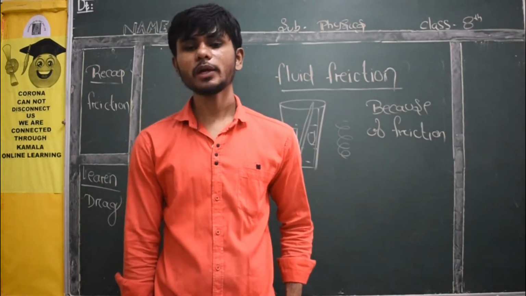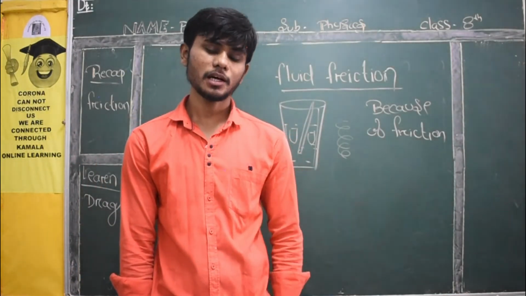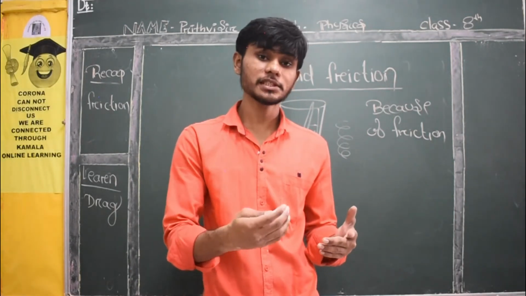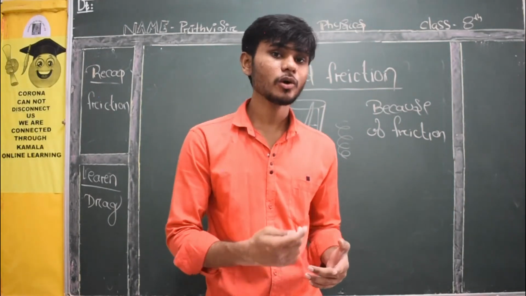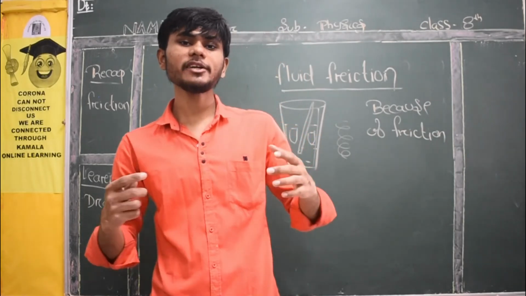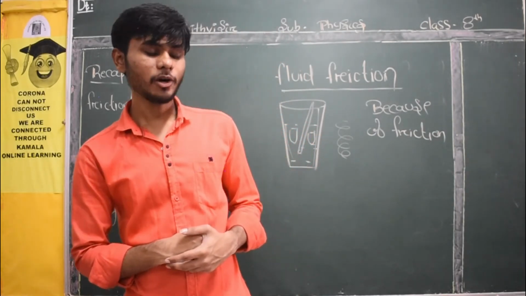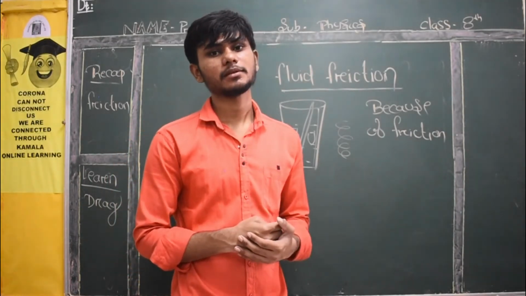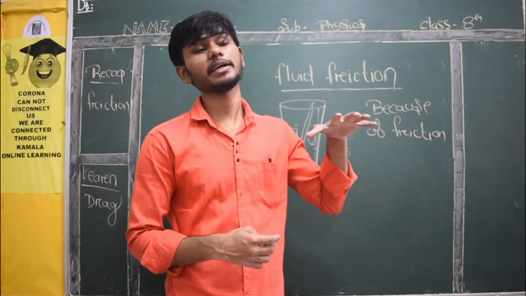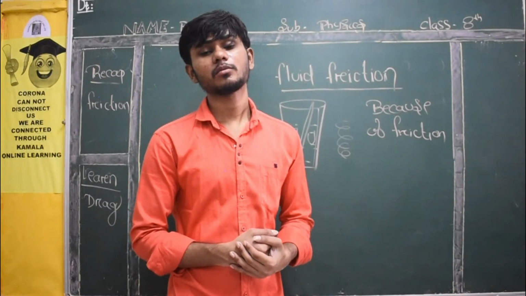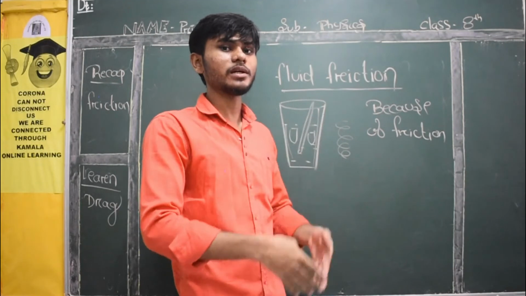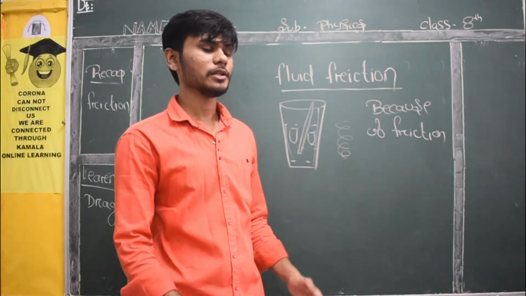What are the factors influencing fluid friction? Now, how can fluid friction, that is drag, be made more effective or least effective? We need to make it least effective. How? See, what is the shape of a ship? I am talking about a ship moving in an ocean. You can say triangular pointed, right? What is the shape of the aeroplane? The same. You can find out.